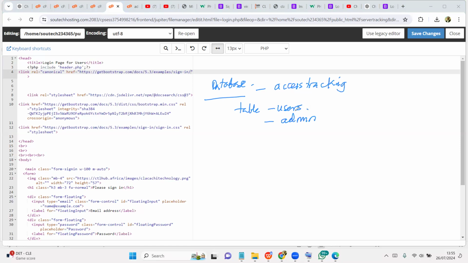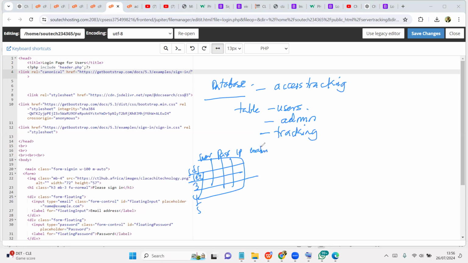If we wish, we can keep it simple. Then the database is going to have another table called tracking, right? You know what a table is now? This is a table, right? A table is going to have rows. So ID1, ID2, ID3, ID4, ID5. So username attempted, password attempted, IP address attempted.